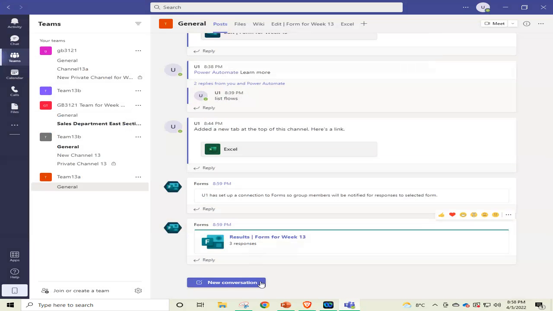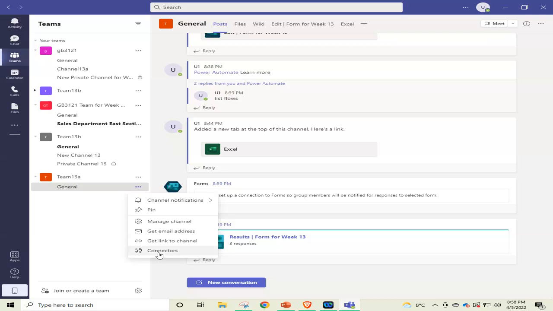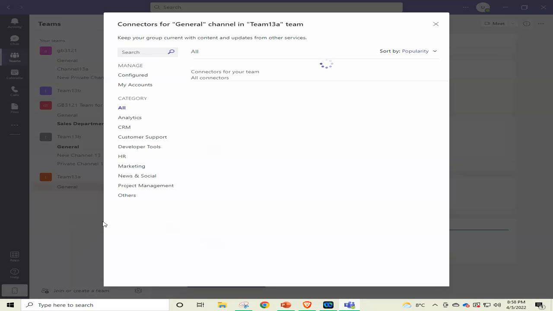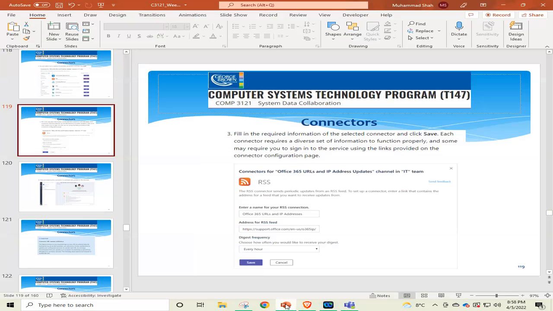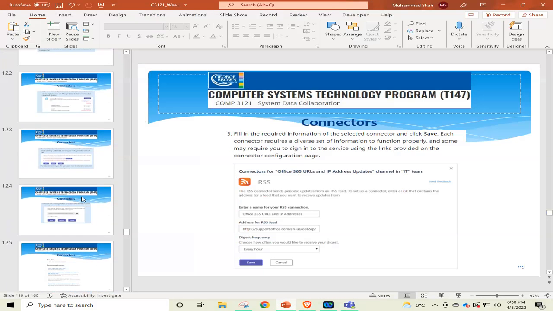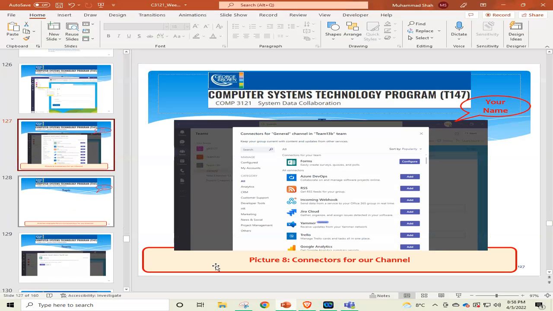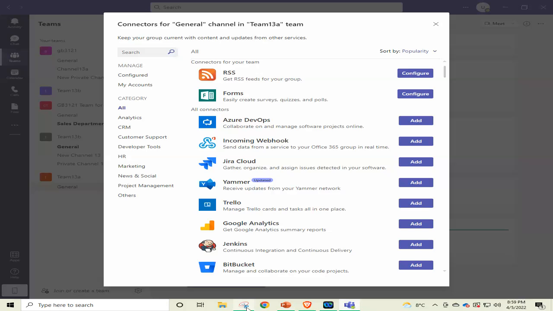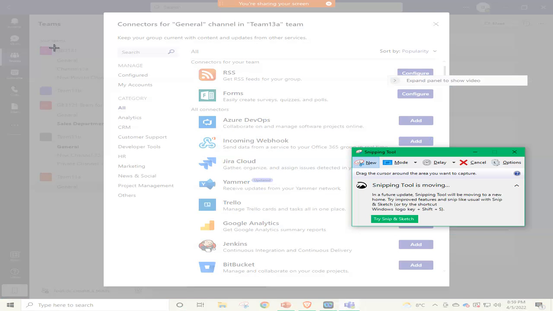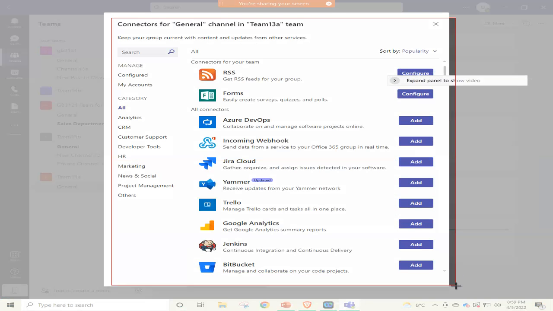So we just want to show that one connector is configured, and we can click on the connectors and configure once again and show the picture for the connectors for our channel. Yes, this one is configured. We can show that, and the RSS also in this picture. If we go back, we take the picture of this page and keep it for our assignment.